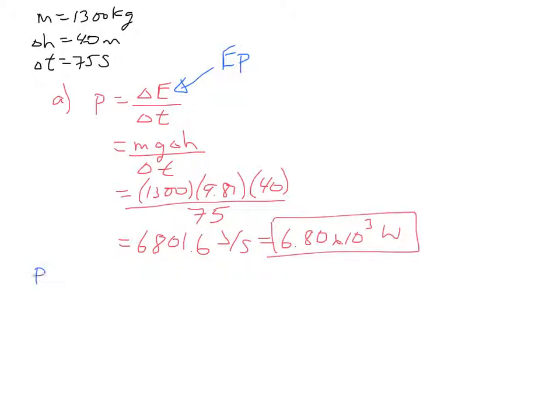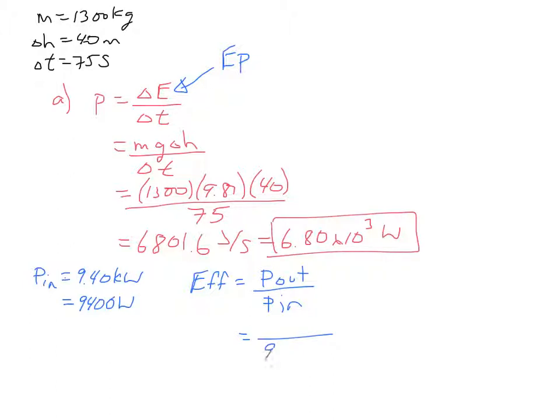For B, what it tells us is the power that the motor has to put in is 9.40 kilowatts. 9.40 kilowatts is the exact same thing as 9,400 watts, and that's what the motor has to put in. It's asking us for an efficiency, and we know that our efficiency is going to be our power that the motor is putting out divided by the power that the motor is putting in. So we know that our motor is putting in our 9,400 watts, and we know from this last question that our motor is putting out